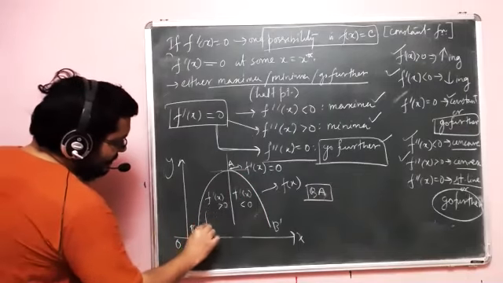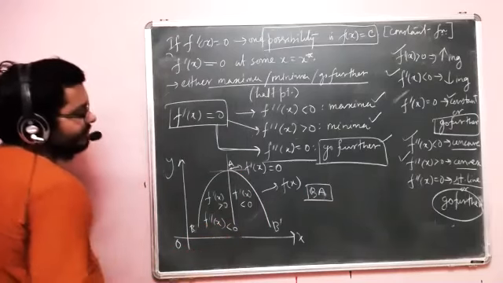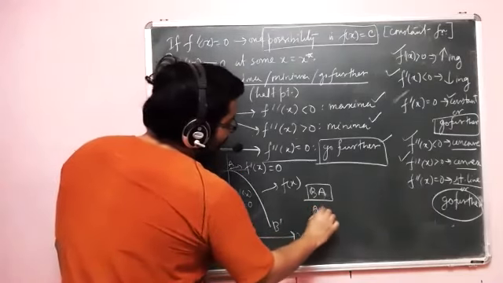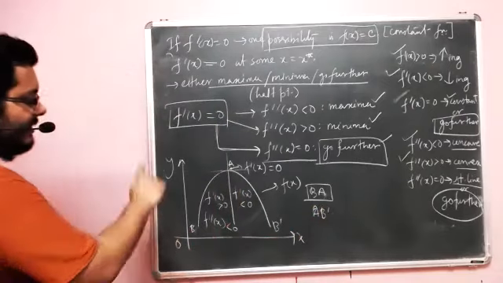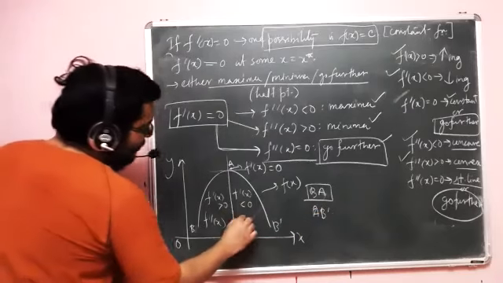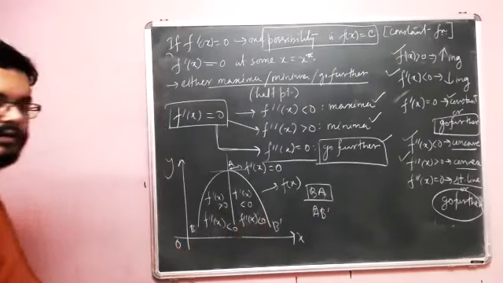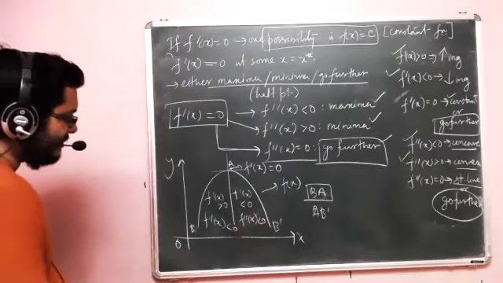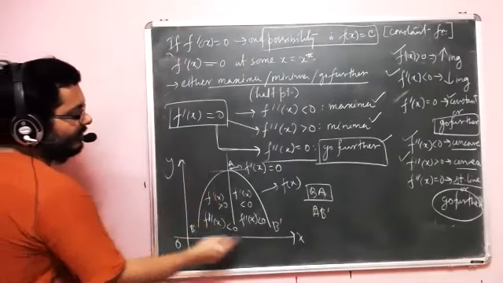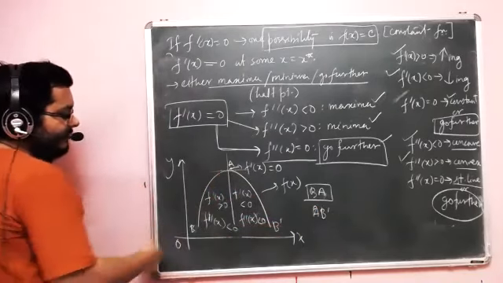So this is f dash x less than 0 here. And for AB dash, this is also concave, but towards the origin. But this is concave anyway, right? But concave towards the origin. So here also f dash x is less than 0. So what is the difference? The difference is that from B to A, I have concavity towards the x-axis, and from A to B dash, I have concavity towards the origin.